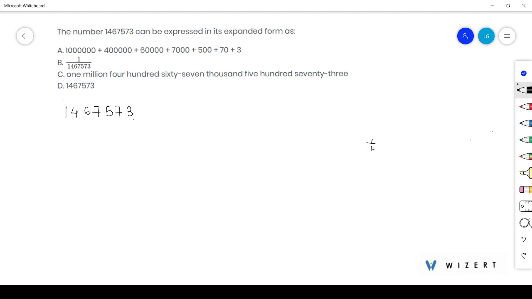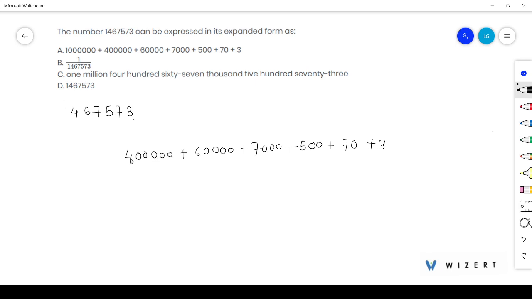Okay, 3 is at units place, then 7 is at tens place, 5 is at hundreds place, so it is 500. Okay, then 7 is at thousands place, so it is 7,000. 6 is at 10,000s place, so it is 60,000. Then 4 is at 100,000s place, so it is